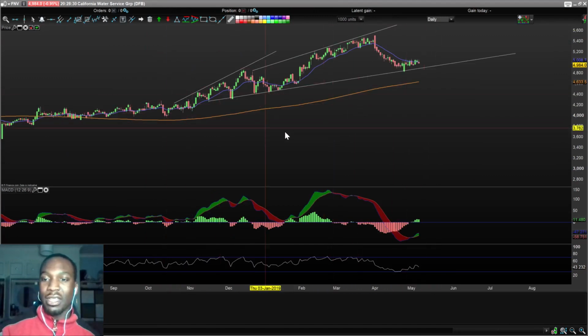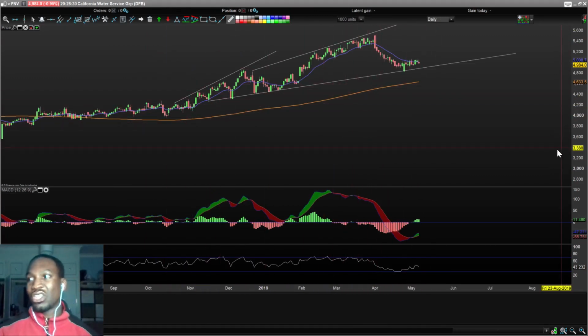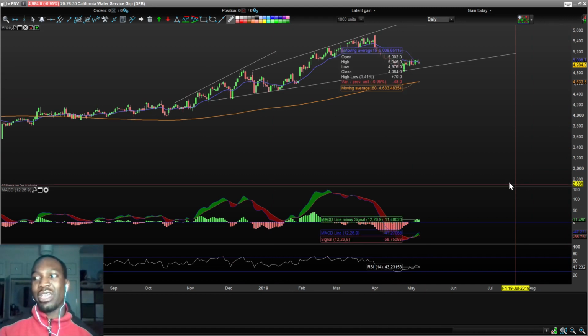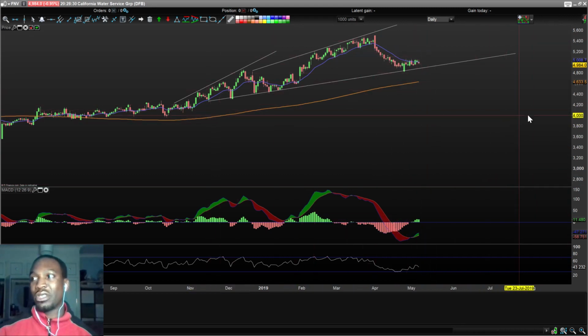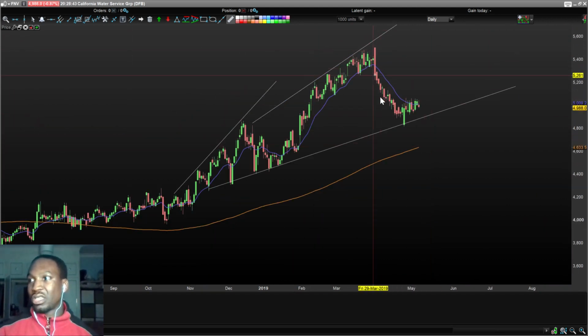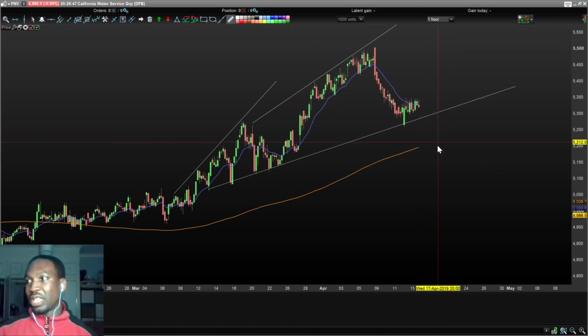I spoke about this last week in one of my technical analysis reports, and I just said that I wanted to see a little bit more upward motion before I committed to a trade, and I'm glad I did say that, because if you look at the daily charts, as you can see, it's hit the support and it's just lingered. It's not really pushed upwards. And if you drill down to like the 1-hour chart,